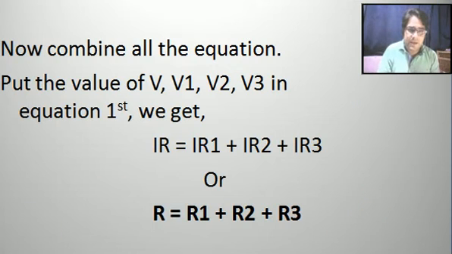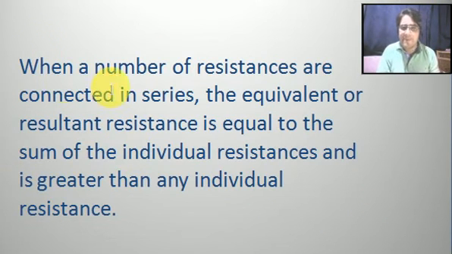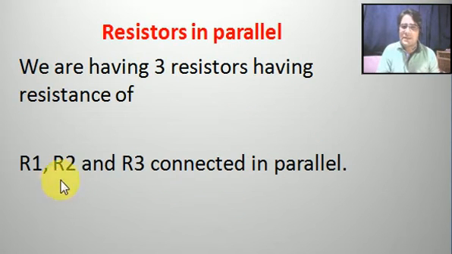And we can sum up here like this: when a number of resistances are connected in series, the equivalent or resultant resistance is equal to the sum of the individual resistances and is greater than any individual resistance. Now we will move towards another